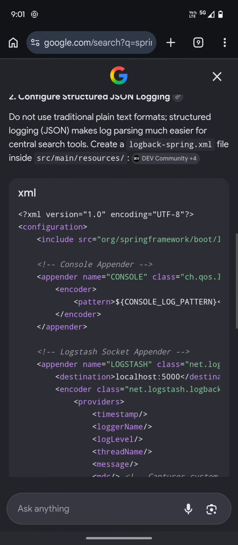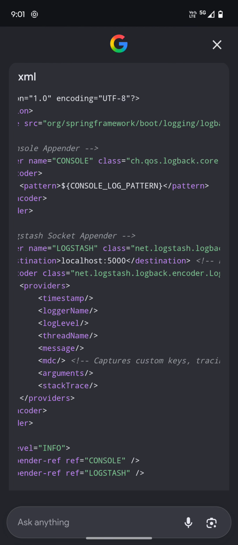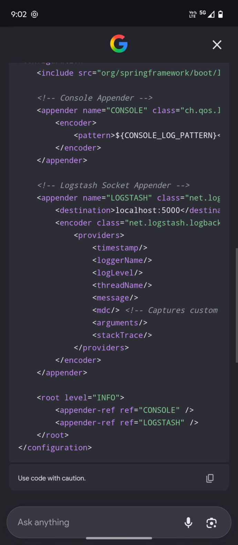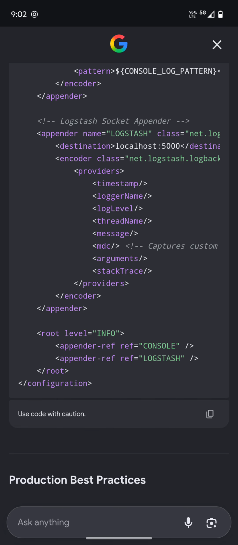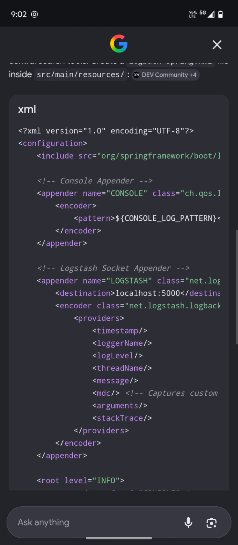You are going to provide the pattern of the logging format that we are going to use. You need to specify the pattern for your logging format, and also what are all the different logging appenders that you are going to use. There are so many predefined appenders. You have to provide the structure for your logging information.